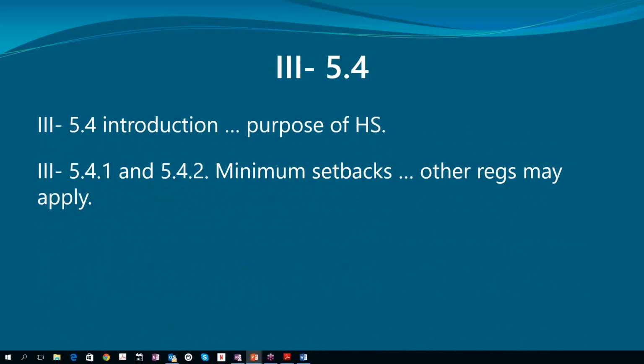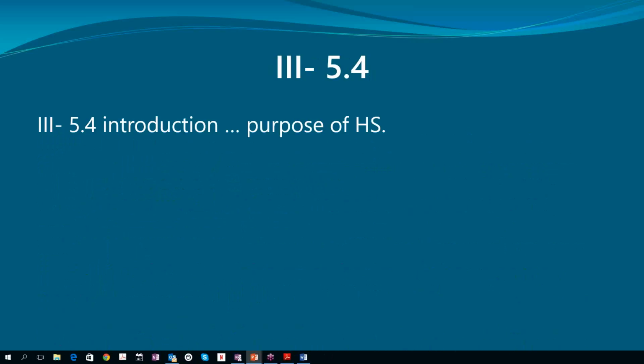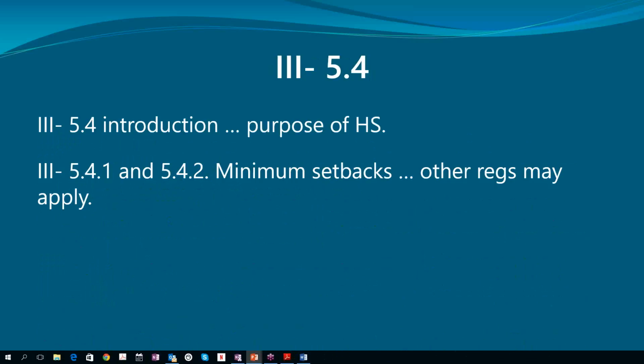Purpose of VHS. In this section in the guideline, it basically says that horizontal separation is a safety factor. And it's a safety factor intended mostly if the system starts to fail, because we're supposed to have adequate treatment in our dispersal system so that within 2 feet of the infiltrative surface it's met recreational water quality standards, not 30 meters. So horizontal separation is a safety, a risk management strategy. It points out in the guidelines that other regs may apply for setbacks, a lot of local setbacks that exceed the setbacks in our SPM.